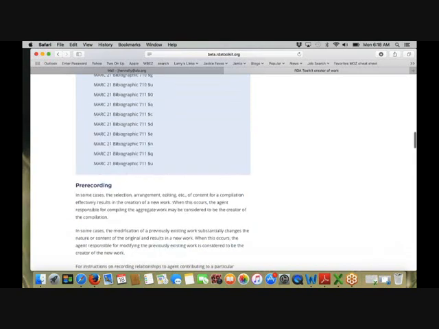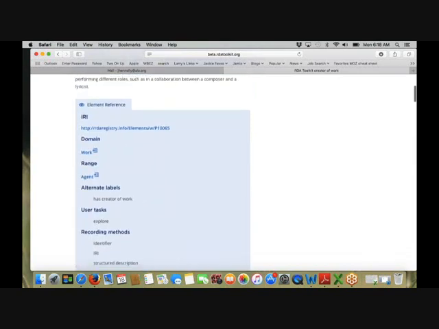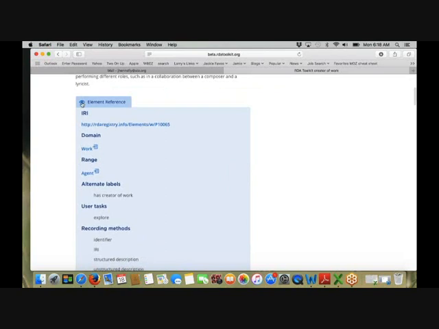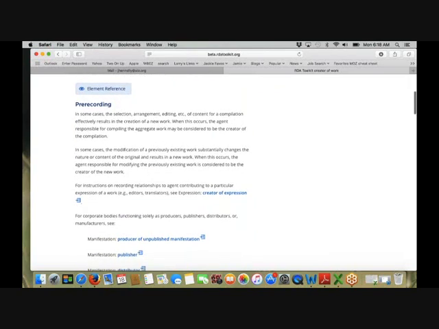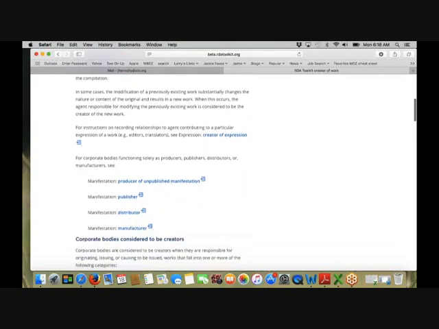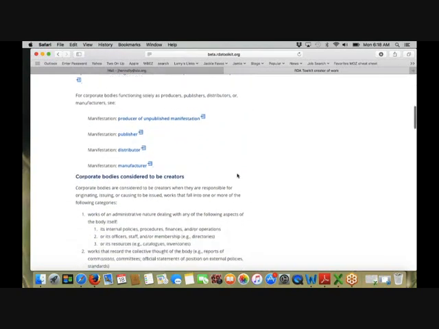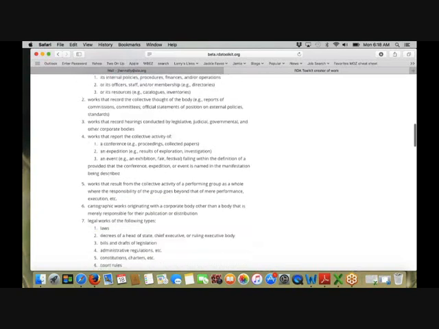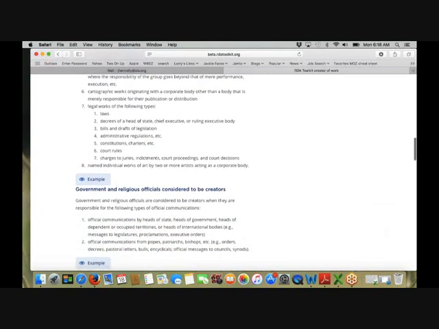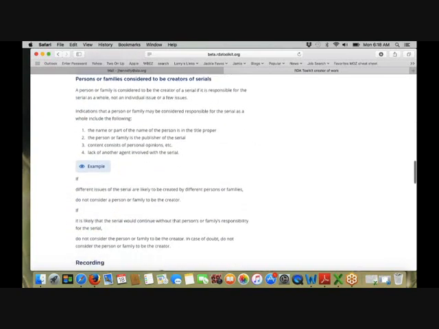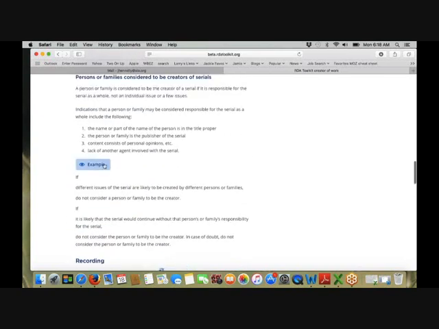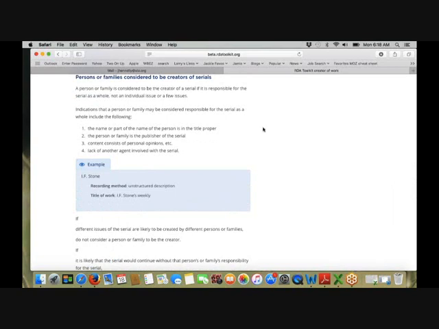And then after the element reference, you can choose in your preferences whether you want to have this open or closed. Right now the default is that it's closed. So we go in, here's our pre-recording with links. You can see it has some special notes and lists here. And then you'll see that we have these example boxes. You click on those and you see examples. And these are the same examples that we have in the current toolkit for the most part,